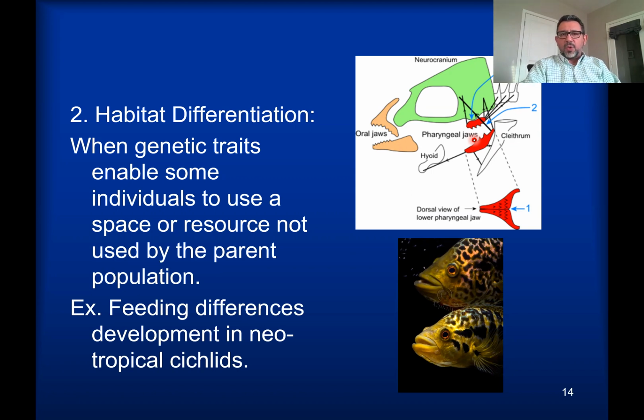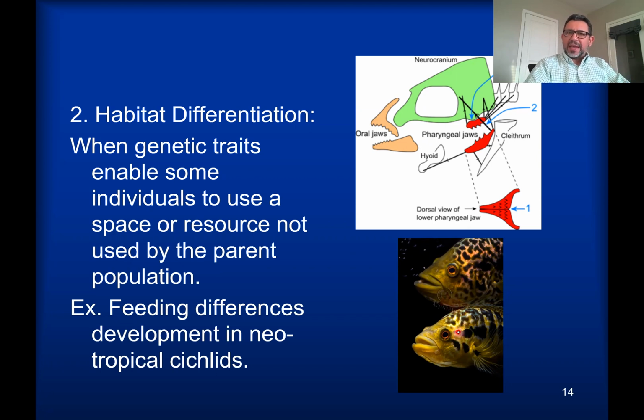And so with the oral jaws, the shell of the snail cannot be crushed, but with the pharyngeal jaws, those shells can be crushed. And here you see what we call the convict cichlid, Cichlasoma managuense. This convict cichlid is going to have two different forms. The fish you see here on the top has a deeper head. Look at the distance between the upper part of the head and the bottom of the throat compared to this one over here.